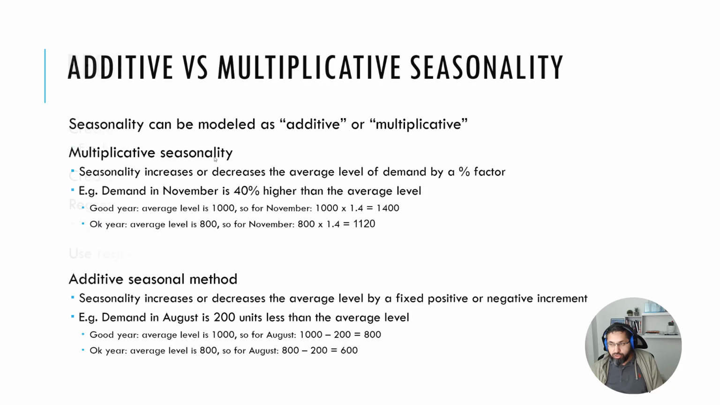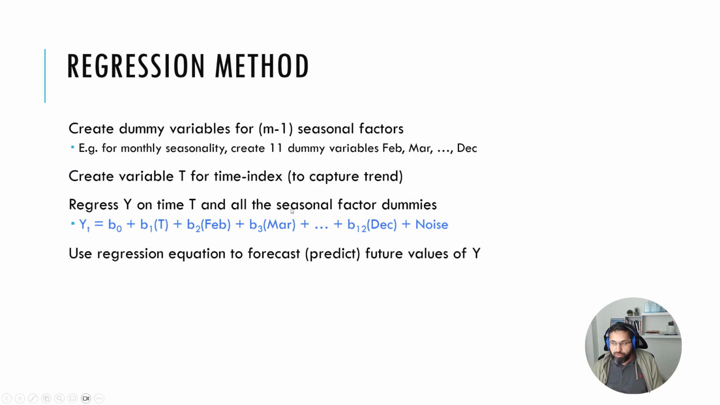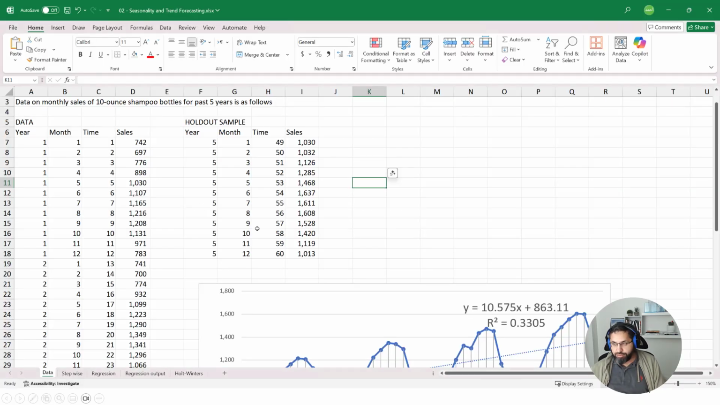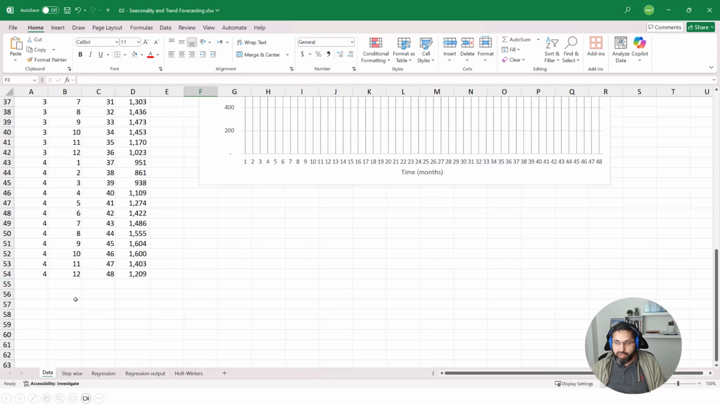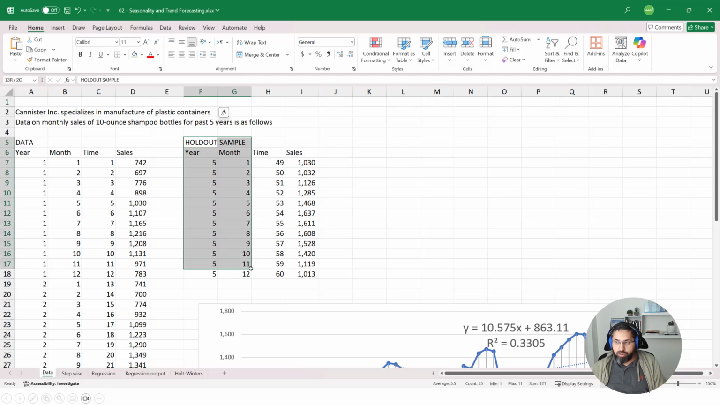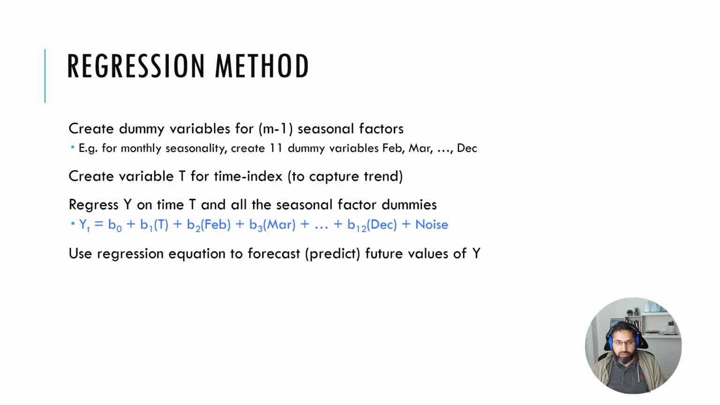Okay? So let's use an additive seasonality model to estimate an equation like this using regression. Here's our data. It's sales of 10-ounce shampoo bottles for the past 5 years. I only took 4 years of data, and I saved 1 year of data as a holdout sample. And we'll talk about that towards the end of this lesson, about why you need a holdout sample. You must have seen even previously, I kept 6 months of data as a holdout sample when I was doing forecasting with trend, like the Holt method, because you want to develop your forecast